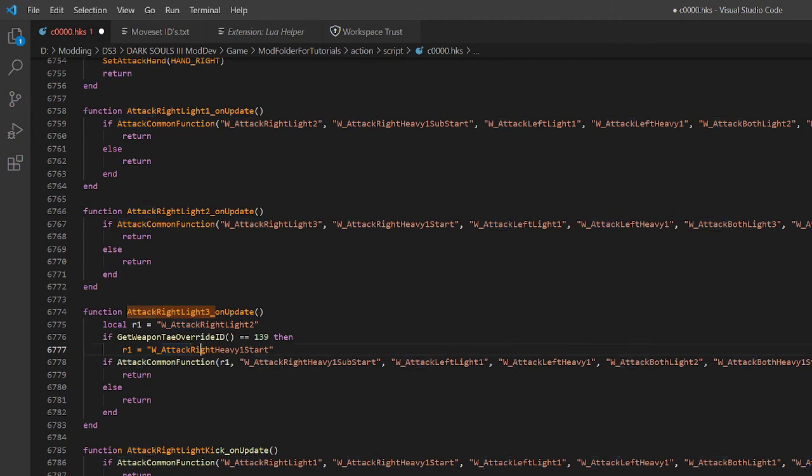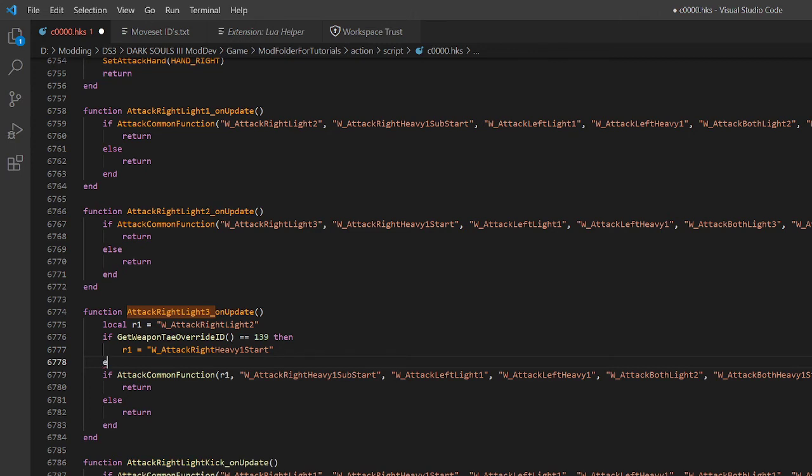Right, meaning one-handed on your right hand. Heavy, meaning R2, heavy attack. 1 meaning first. And then start, meaning the starting part of the R2. So, now that we wrote that, we'll simply go line down again. Make sure to close our if block. That is incredibly important. Else,